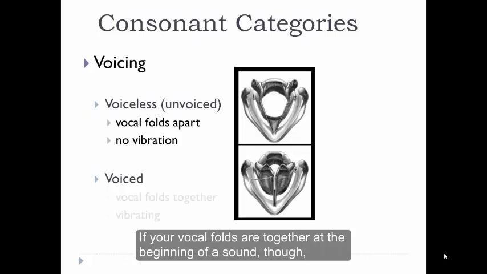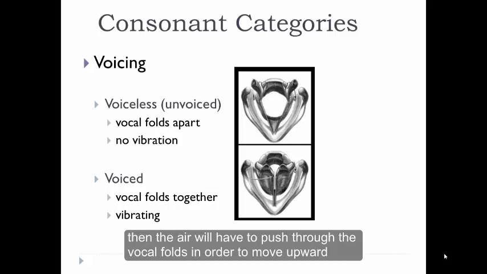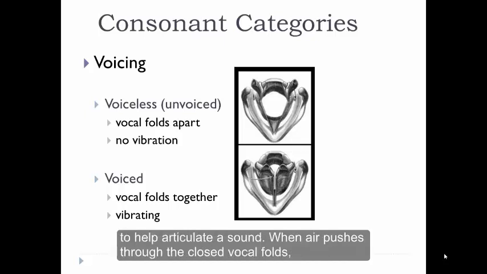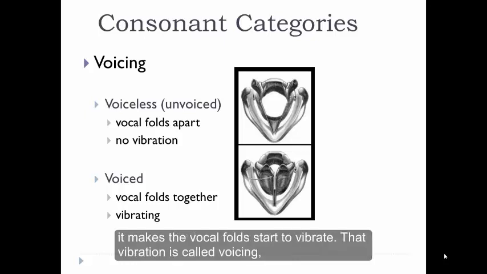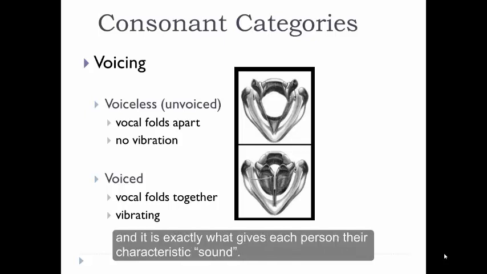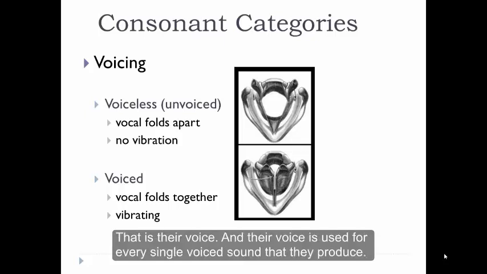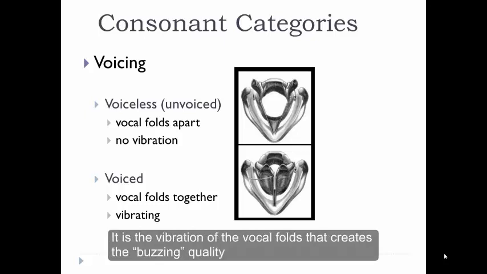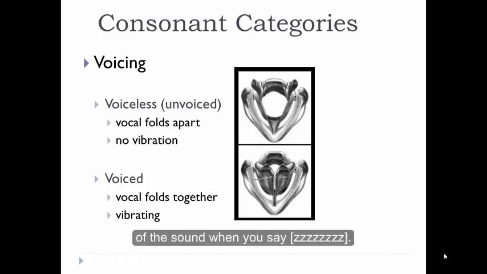If your vocal folds are together at the beginning of a sound, though, then the air will have to push through the vocal folds in order to move upward to help articulate a sound. When air pushes through the closed vocal folds, it makes the vocal folds start to vibrate. That vibration is called voicing, and it's exactly what gives each person their characteristic sound. That is their voice. And their voice is used for every single voiced sound that they produce. It's the vibration of the vocal folds that creates the buzzing quality of the sound when you say